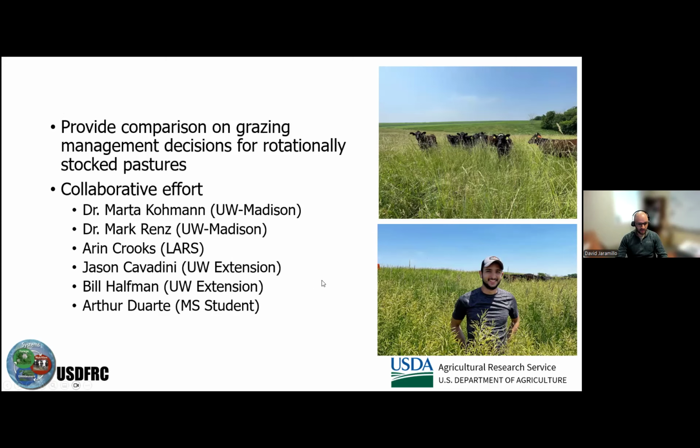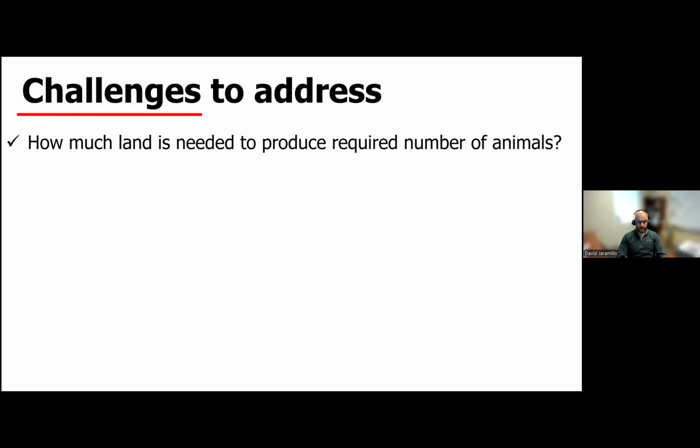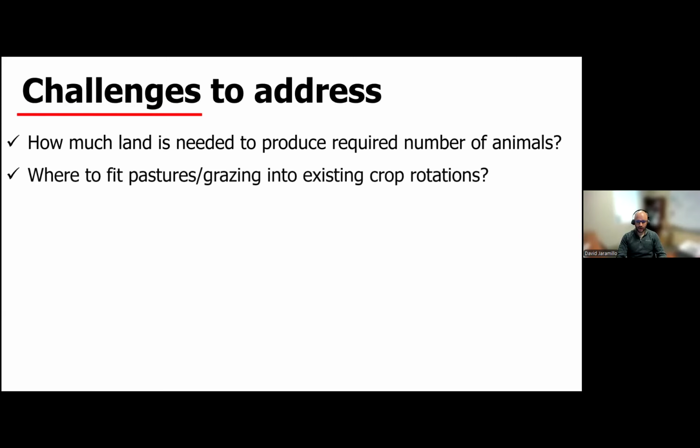This is certainly a collaborative effort with my colleagues from UW, with Dr. Coleman, Dr. Renz, Aaron Crooks from the Lancaster Ag Research Station, Jason Cavadini, and Bill Huffman. And we also have a student, Arthur, that is taking charge of this project. So as a whole, I see my role here to address several challenges in relation to grazing and how we